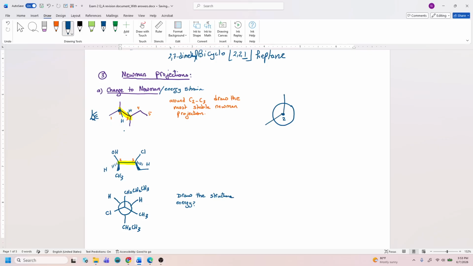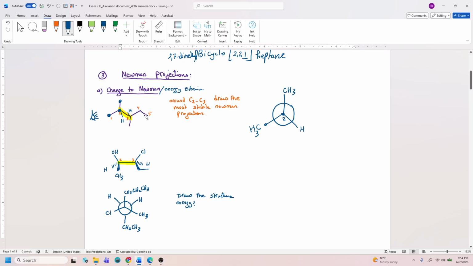Carbon number two has two methyls. So I have a CH3 up there. It's going to be my methyl. I have another methyl in here, so this is going to be another methyl there. This is going to be my CH3 over here. And then I do have a hydrogen. And then on carbon number three,